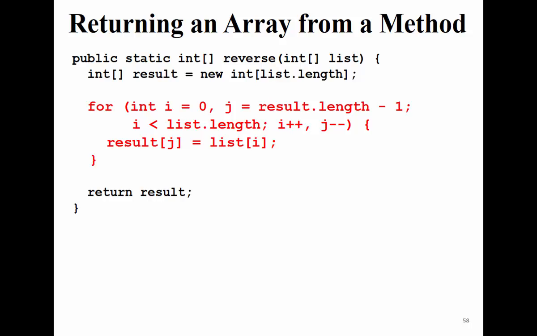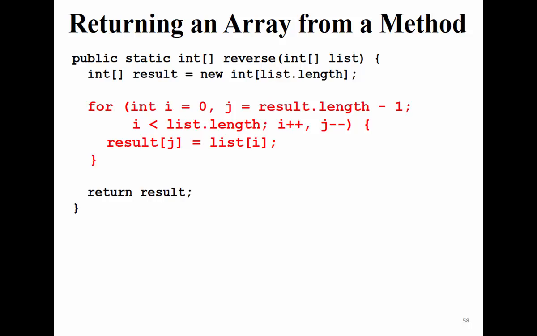So the name of the method is reverse. So we're trying to reverse the array, is that right? But I would like you to see also on the return type how we can return an array to the user. So the return type is int with square brackets, and the argument is int with square brackets. And inside this method, the name is meaningful, it's reverse. It's taking the array and trying to reverse it.